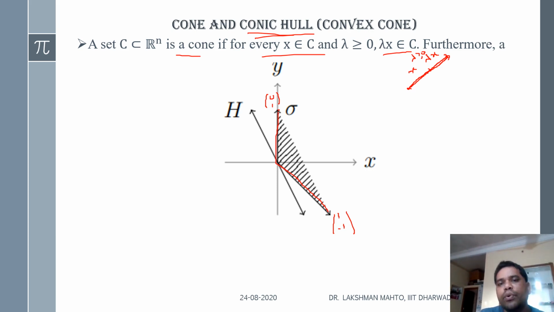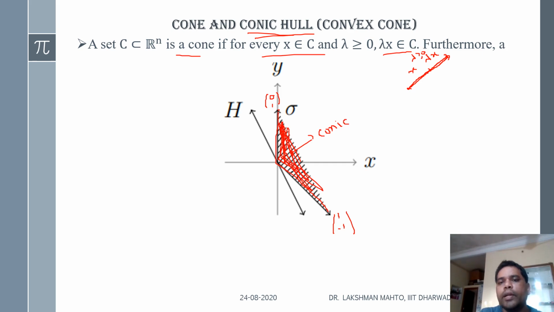Next we are going to define the convex hull and conic hull. So what is conic hull? Conic hull is just a conic combination of given points. We have two points, so we do all possible conic combinations of the given points. In that process, we get a convex cone. This is the desired convex cone. We got it by conic combination of the given points (0, 1) and (1, -1). All possible conic combinations of the given vectors we call the conic hull.